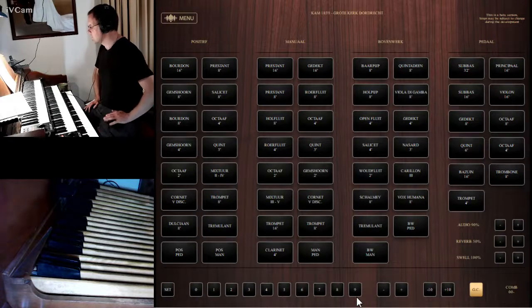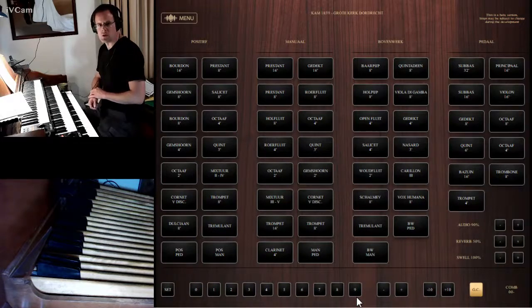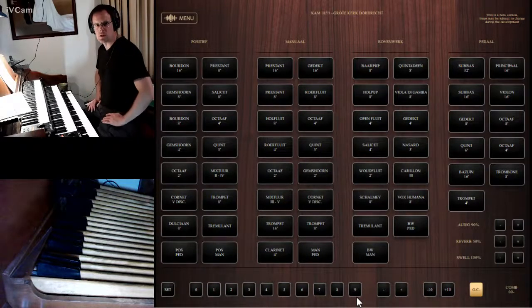So one other thing is that it does require the internet to be connected. There is a function that allows it to be offline for, I believe, 14 days. But when you're initially setting up, make sure that there's an internet connection to register as you're uploading the sample set. So that's a brief summary, and I'm looking forward to playing it, and stay tuned for the next video